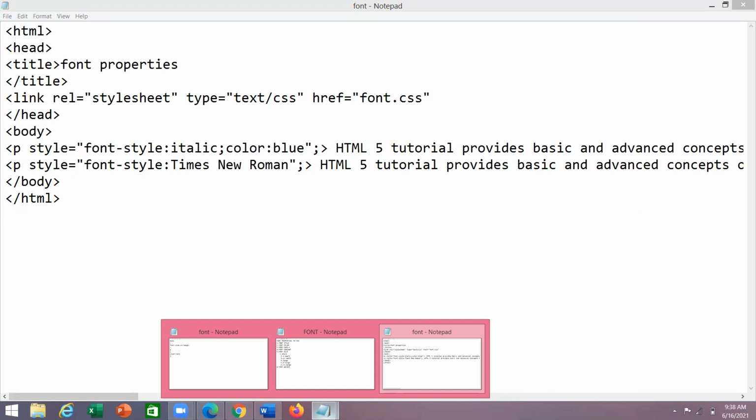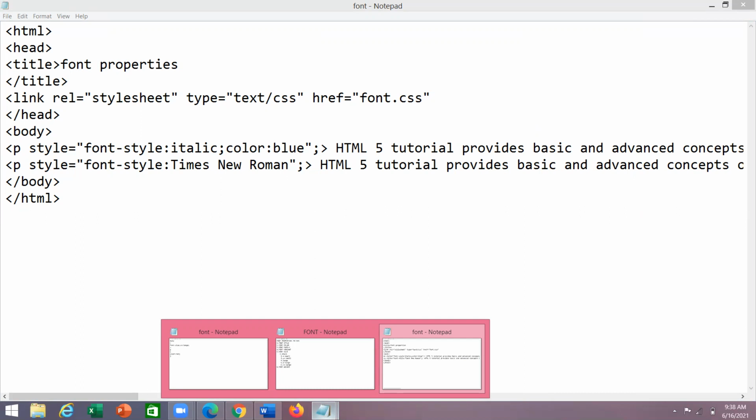I mentioned it only in the first paragraph, so the first paragraph will be displayed in blue, and the second paragraph will be displayed in red, because you already gave the external CSS file. So this is how the external file applies to the second paragraph.